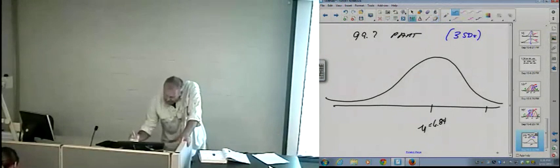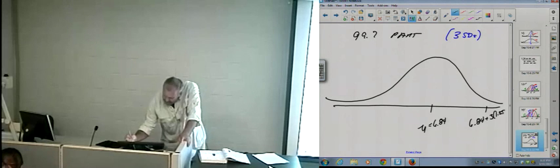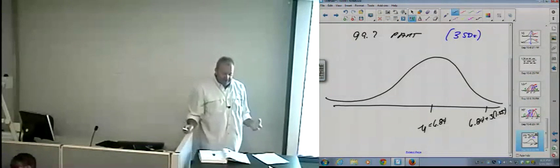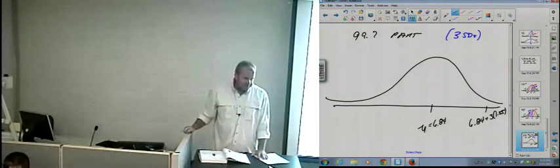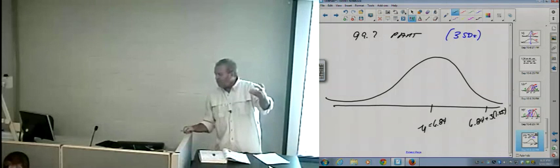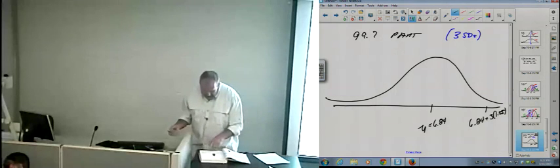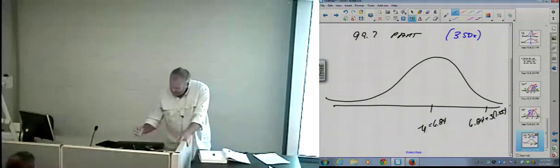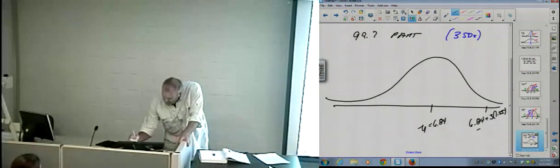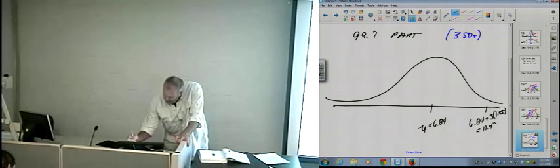Somebody got a calculator today? Well, we can just look in the book. I'm sure they got it there somewhere. If you do that, you get